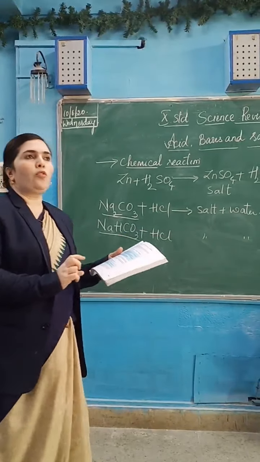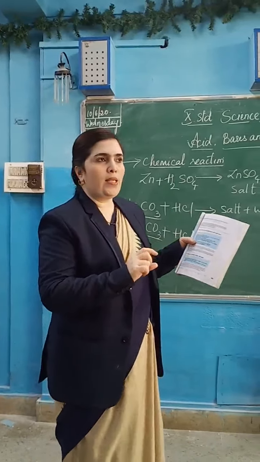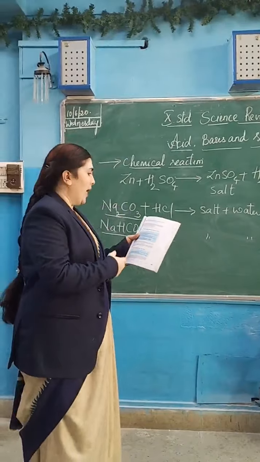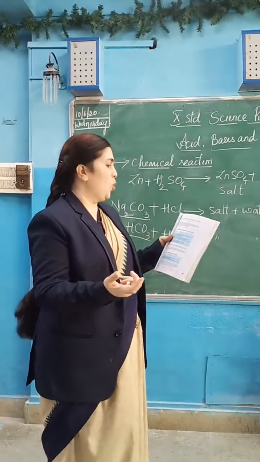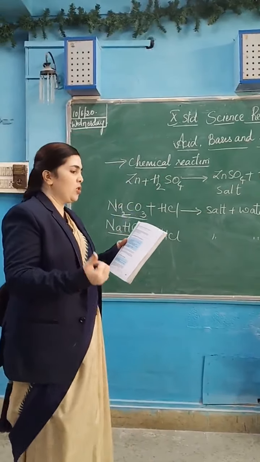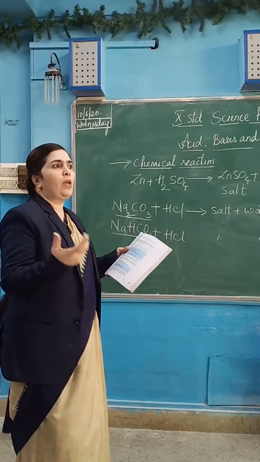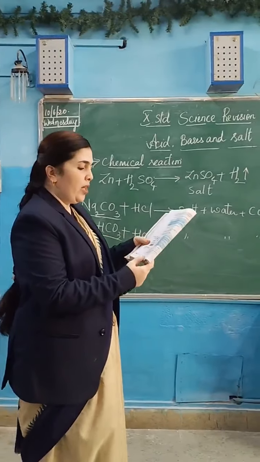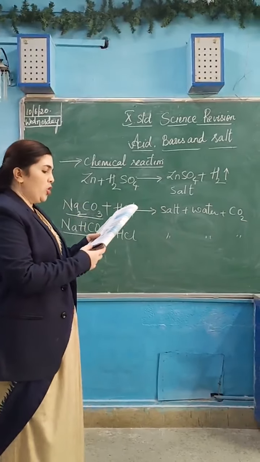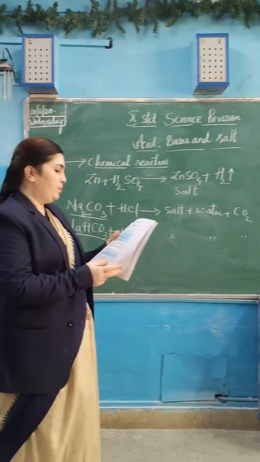In this lesson, most of the compounds are being discussed. Most of the chemical compounds you can see. So you practice the chemical name of each compound, like lime water, limestone. Limestone is what? CaCO3. Chalk is also CaCO3. Marble is also CaCO3. That is all calcium carbonate. These are the different names of calcium carbonate. Lime water is what? Ca(OH)2, aqueous lime water. So all those names you have to learn.